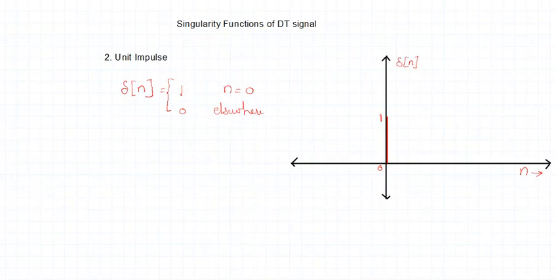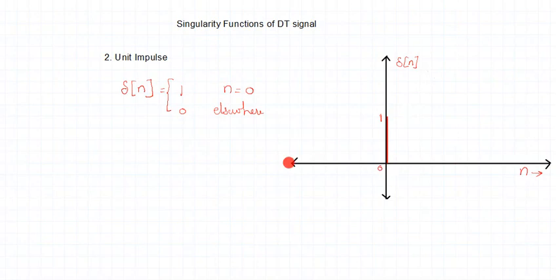Let me move to the next singularity function, unit impulse. It is denoted as delta n. And how is delta n? Delta n takes a value 1 at 0. It is an impulse again. So for DT signal, instead of delta t, I'll write it as delta n. My independent variable is n. And the equation is the same that we had studied for CT. It takes a magnitude 1 for n equal to 0. Everywhere else it is 0. So you could see here when I plot it, at 0 the sample has a magnitude 1. Everywhere else it is 0. So it is an impulse. That's why you call it an impulse, which appears and dies out suddenly.